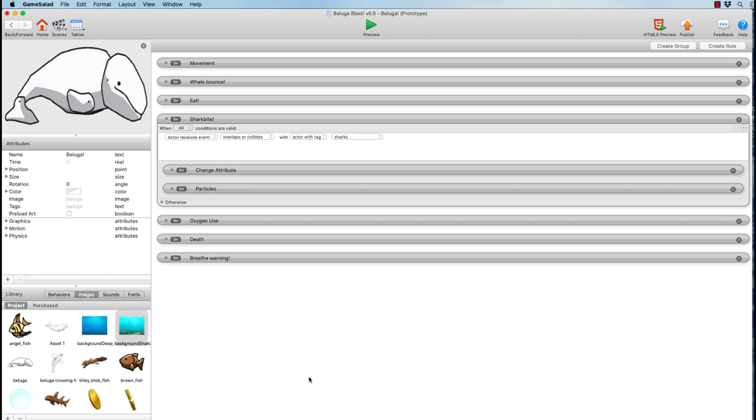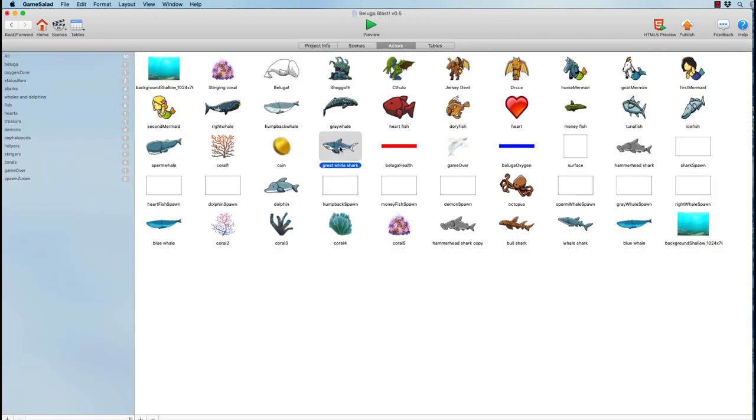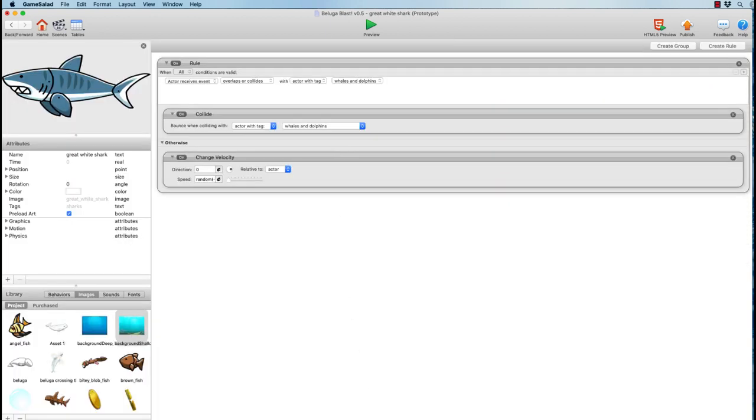So a conditional thing would be the shark. We have a great white shark. We're looking at conditional things that can happen one way or the other. And this is a conditional execution. So the idea of conditions is that you have, if something happens, do this, otherwise do that. And in this condition, we've said for our great white shark that we have a rule. This is a conditional execution statement.